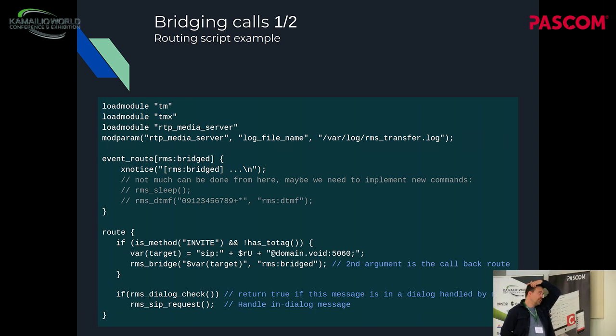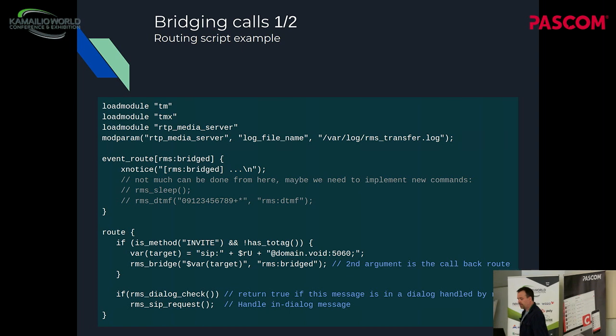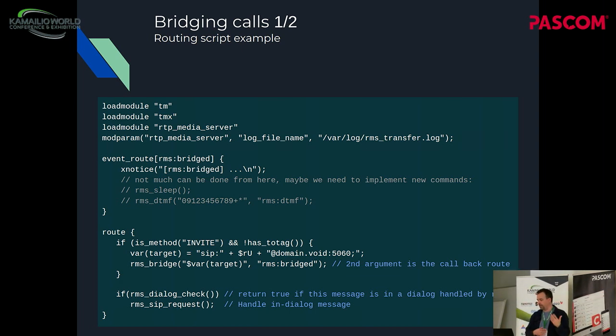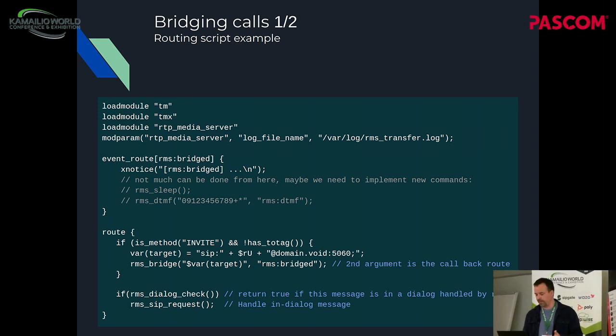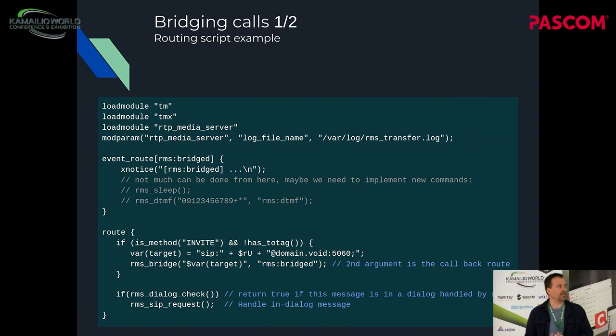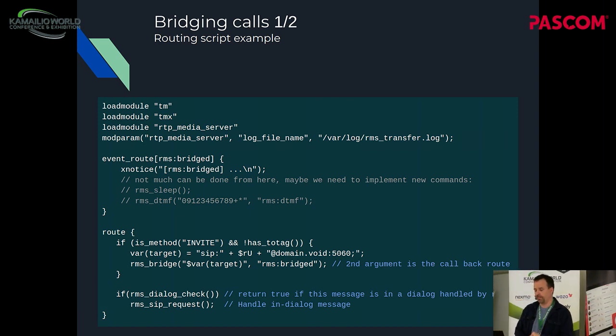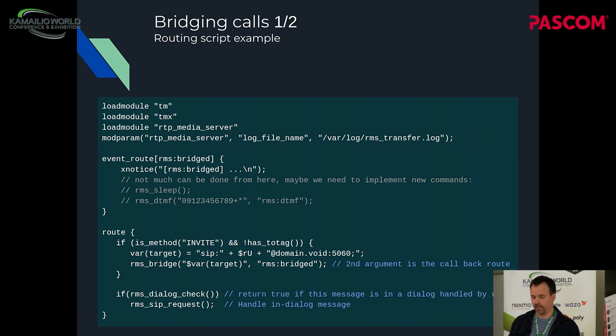So with more commands, maybe an asynchronous sleep could be used, because these event routes, the way Kamailio uses them is creating a fake message, a fake SIP message, and then it can call them whenever it wants. They're not related to a real network event, receiving something. So in the end, you could do an asynchronous sleep easily and call the routing block later. And without DTMF support, you can't do much, I think, in terms of